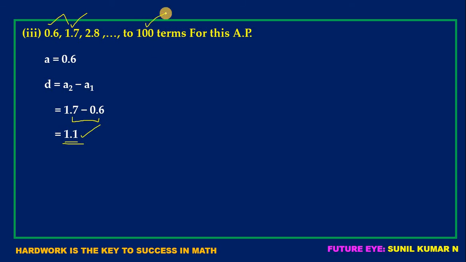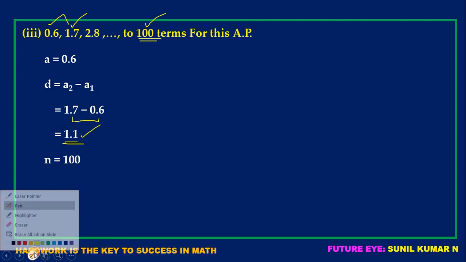ನೆಕ್ಸ್ಟ್ ವಾಟ್ ಅಬೌಟ್ ದಿಸ್ 100 ಚಿಲ್ಡ್ರನ್, ನೀವು ಎಷ್ಟು ಟರ್ಮ್ಸ್ ನ ಸಮ್ ಫೈಂಡ್ ಔಟ್ ಮಾಡ್ತಾ ಇದ್ದೀರಾ, 100 ಟರ್ಮ್ಸ್ ಸಮ್ ಯು ಆರ್ ಗೋಯಿಂಗ್ ಟು ಫೈಂಡ್. ಹೆನ್ಸ್ n ವ್ಯಾಲ್ಯೂ ಎಷ್ಟಾಗುತ್ತೆ, 100 ಆಗುತ್ತೆ. ಸೊ ಸುಮಾರು ಮಕ್ಕಳು ಕನ್ಫ್ಯೂಷನ್ ಮಾಡ್ಕೊಂಡ್ಬಿಡ್ತಾರೆ, ದಿಸ್ 100 ಆಸ್ ಲಾಸ್ಟ್ ಟರ್ಮ್. ಸೊ 100th ಟರ್ಮ್ ವ್ಯಾಲ್ಯೂ ಗೊತ್ತಿಲ್ಲ ನಮಗೆ, ದೇ ಹ್ಯಾವ್ ನಾಟ್ ಗಿವನ್ the 100th term value, therefore 100 is n value it is still. So next let us use the formula.